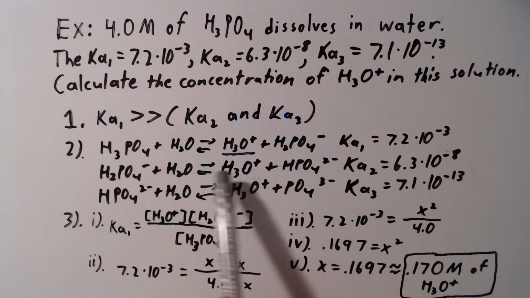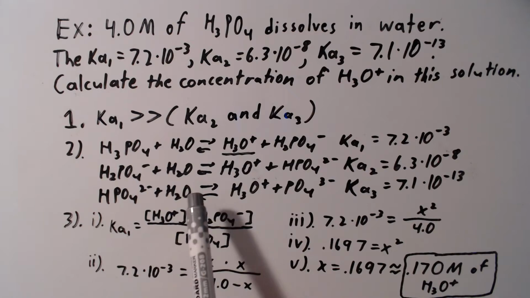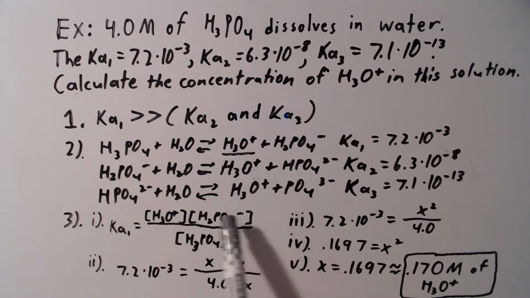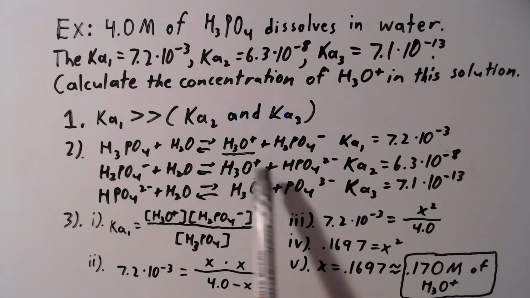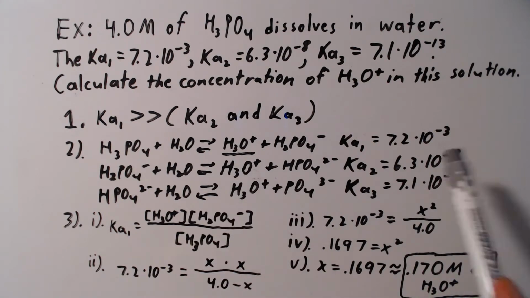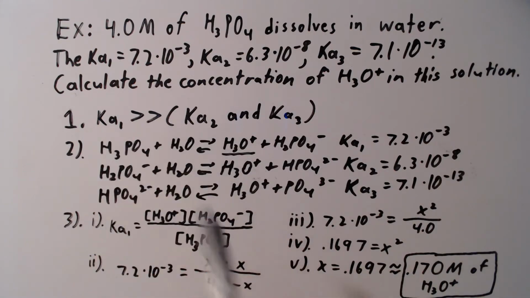In fact, it produces so much H3O+ relative to these other two reactions that the H3O+ that is produced by these other two reactions is essentially negligible, because their Kas are so tiny relative to this first Ka1